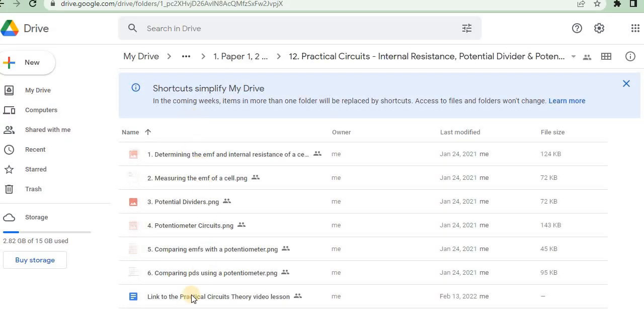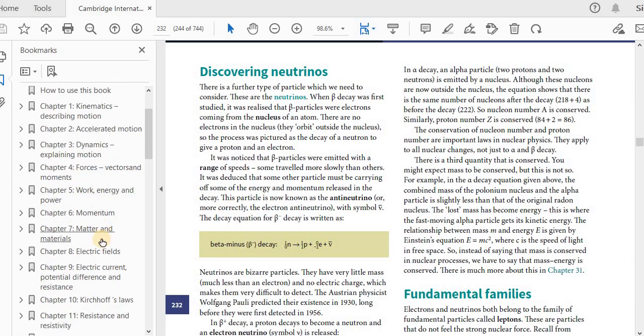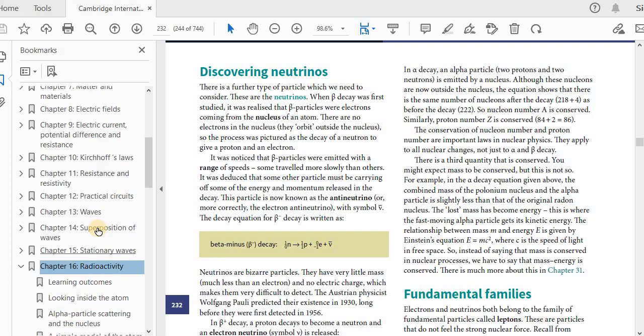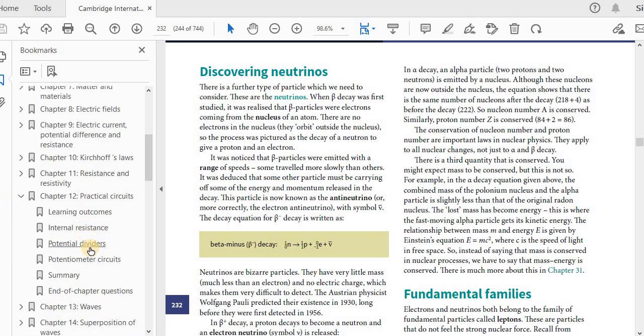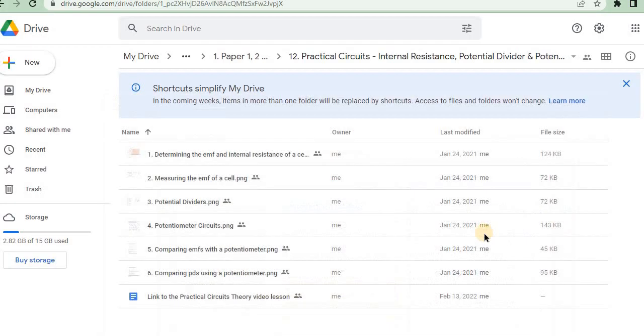Now if you go to that, these are all the notes, and there is a link to the video lesson. The video lesson may be 1 hour or 2 hours, covering all the theory lessons. So all the theory on practical circuits, which covers internal resistance, potential divider, potentiometer. This is what is covered in the practical circuits complete course. If you buy the entire course, you will have the full explanation to the entire book. Then there are solved tutorials and solved past papers. You can download the tutorial, do it, and watch the video explanation of the